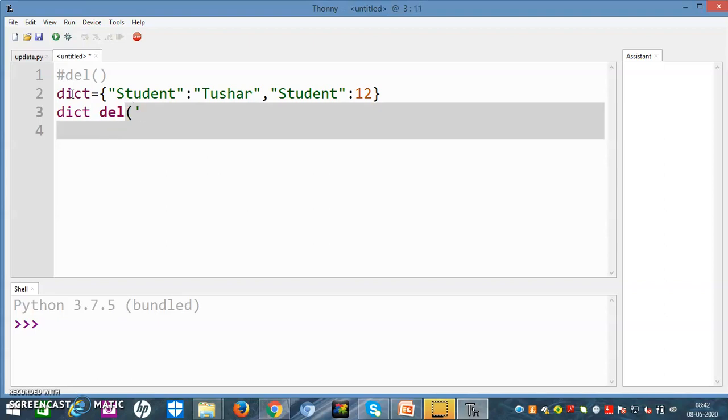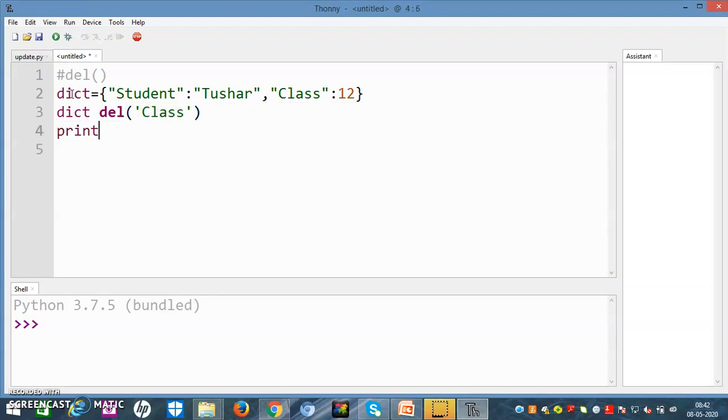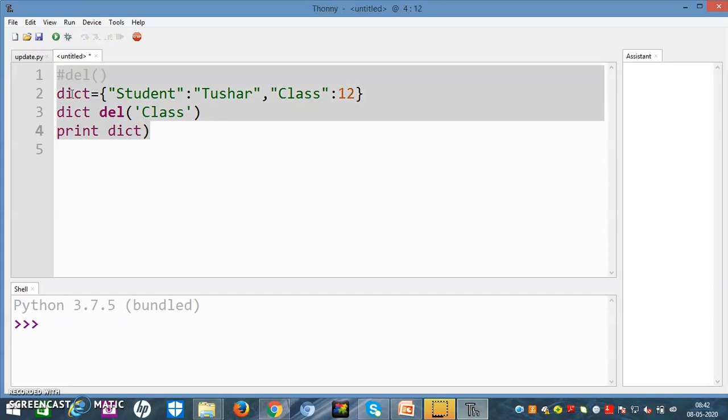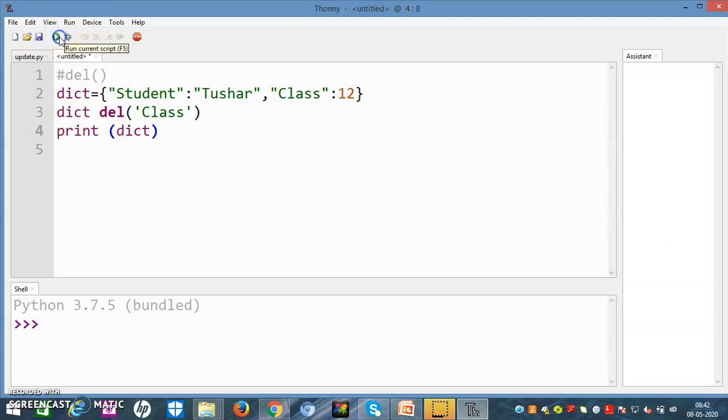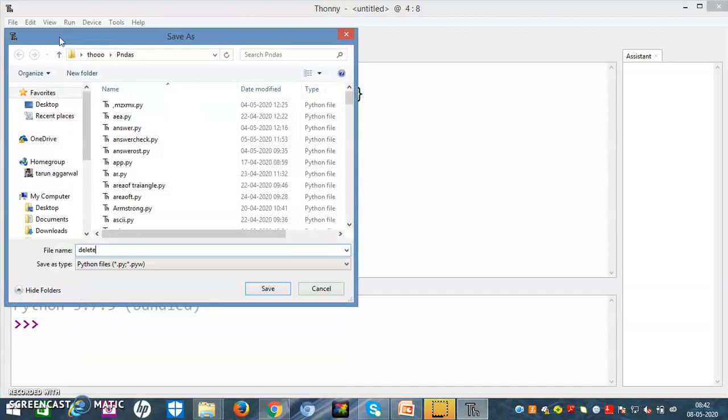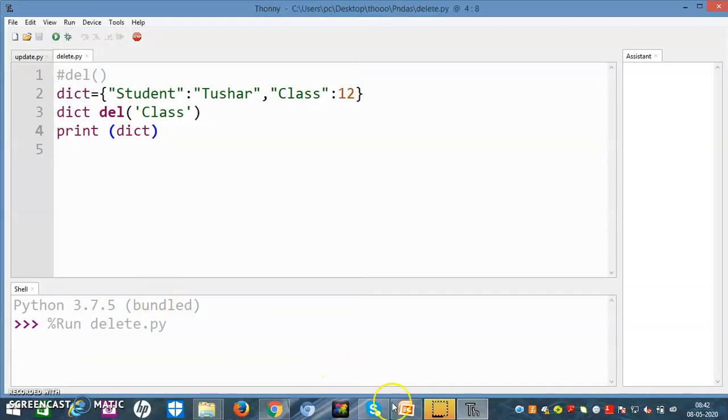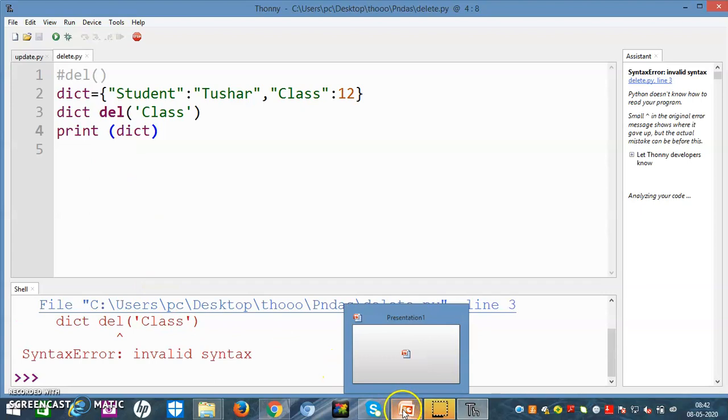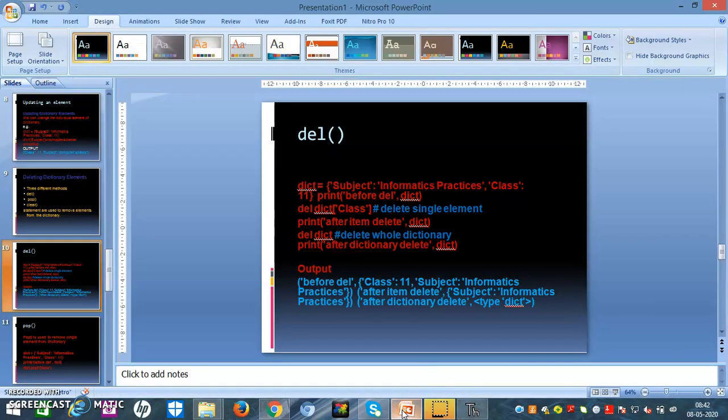I will make it class instead of student. And then print. Now let us see what I will get. I am getting an error. Why have I got an error?